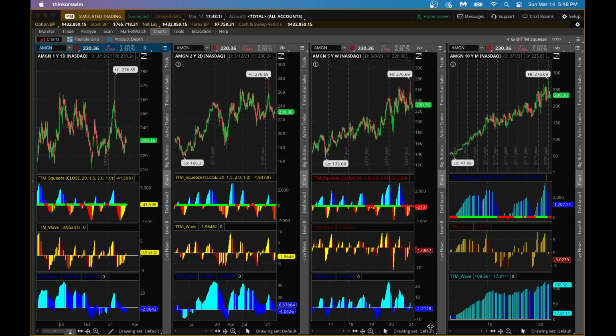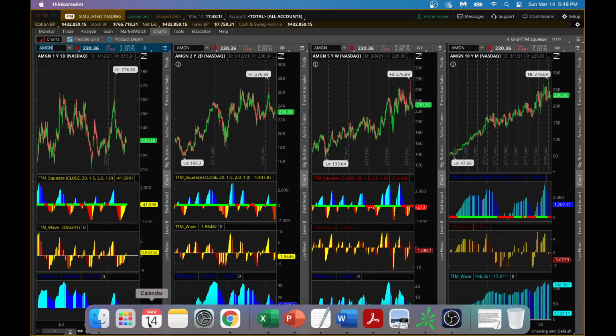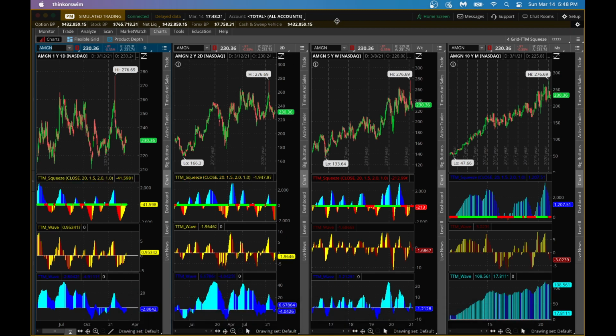Today I want to talk about option trading ideas for the next week, which is the week of March 15th. With that, let's look at a couple of stocks and see if we can find some option trading ideas. So first is AMGN. AMGN is in the healthcare sector, as many of you know. And as you can see here on the 1 year chart, the stock is trading sideways a little bit, trying to bounce at this point. So what we'll do for this stock is look at Amgen from John Carter's TTM